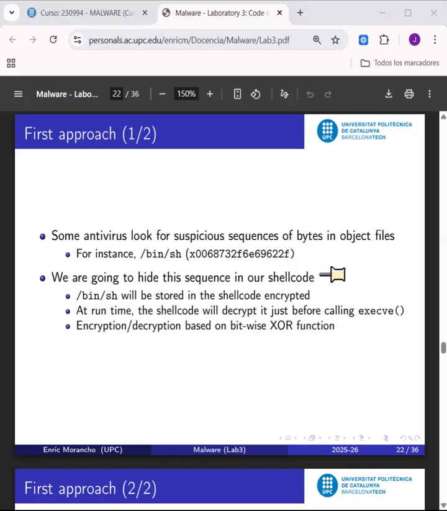For instance, this sequence is the binary representation of the string /bin/sh. This is probably a sequence inside a shellcode that expands a shell. So if an antivirus looks for this sequence and finds it somewhere, probably this means that this code is trying to launch a shellcode, a shell, and maybe